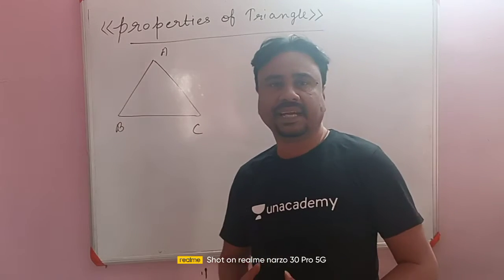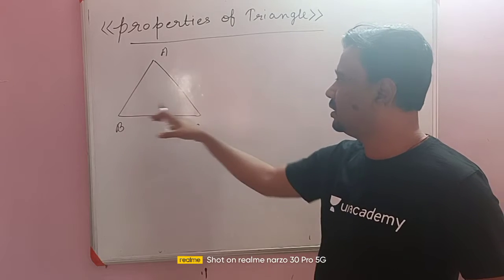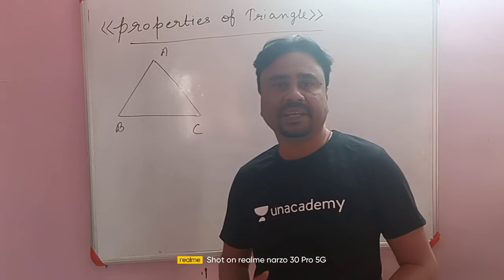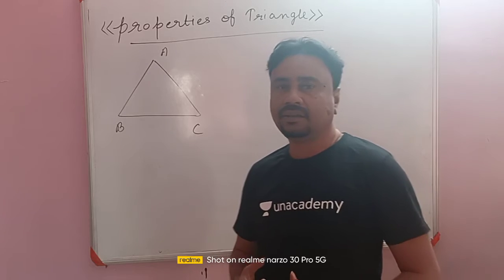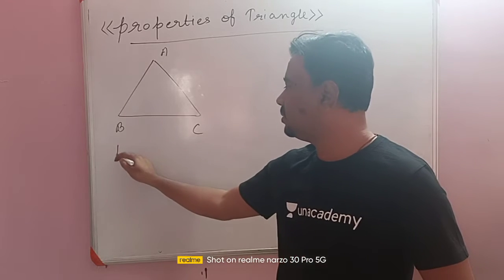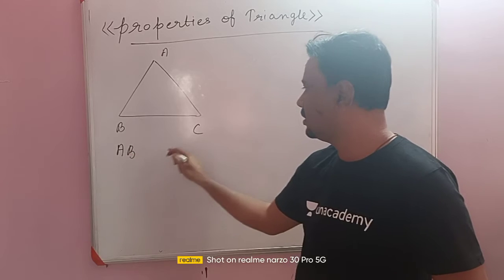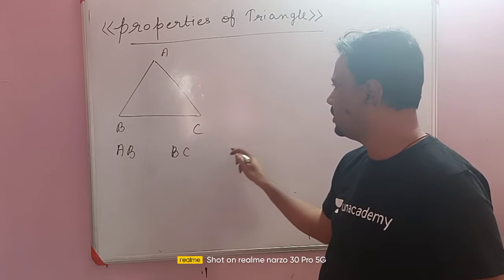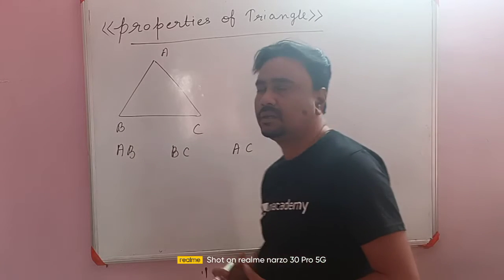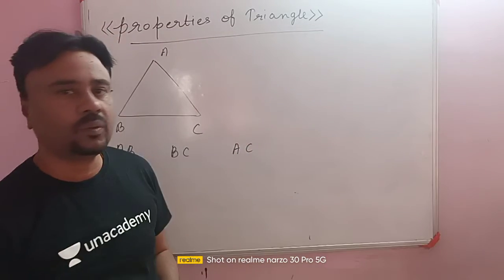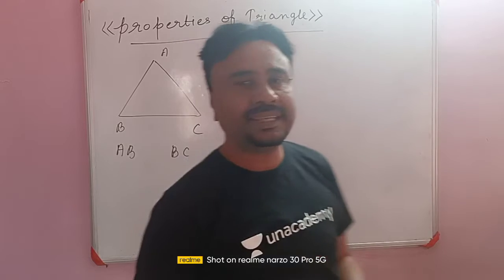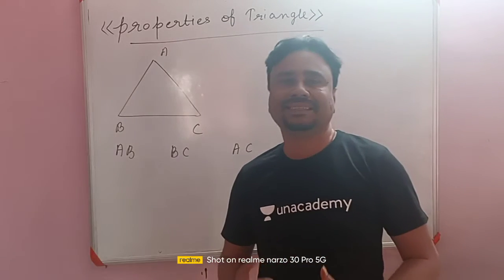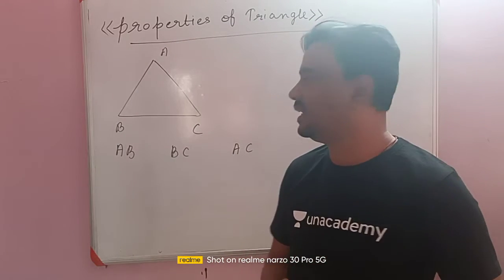Now you can see that we have drawn a geometrical figure which has three sides, and all three sides are denoted here by the lengths AB, second one is BC, and the last one is AC. In order to understand what these terms AB, BC and AC mean, they are basically the side lengths of a given triangle.